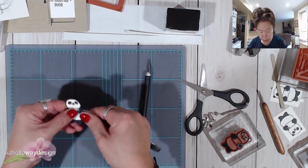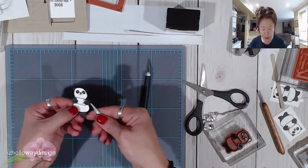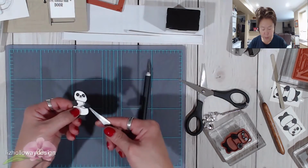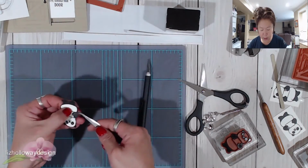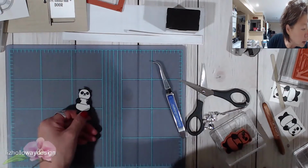And then to make sure that I do have the opening, you see how my tweezers, there's openings there. Okay, so there's that on that side. And then